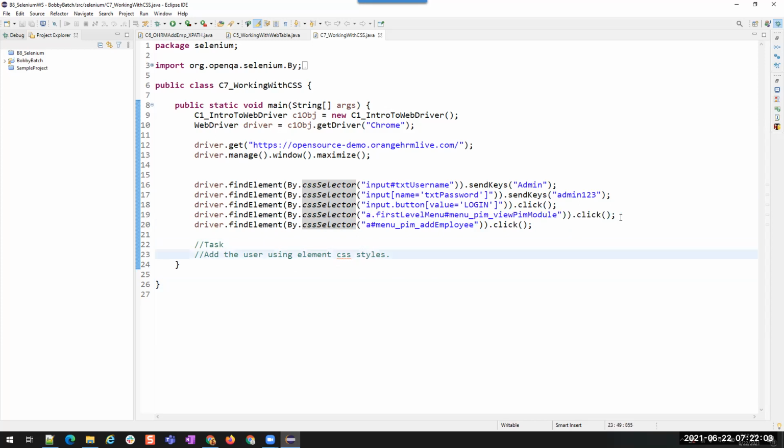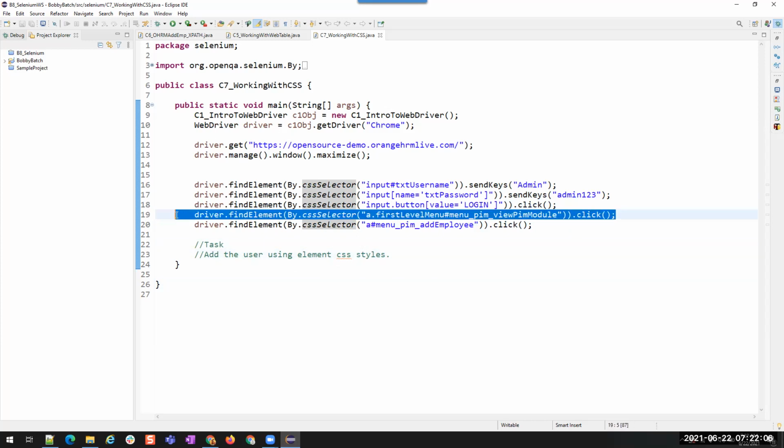But actually the element is there on the application, so why is it throwing the exception? Because we haven't waited until the page loading is completed. The XPath is correct, the logic is correct and the operation is correct, but we haven't waited until the application is loaded. That is the reason this step might fail when we are doing synchronization.